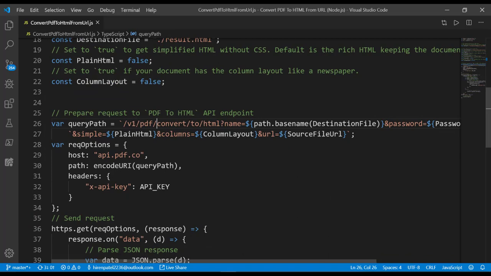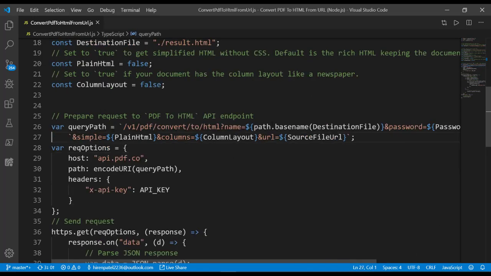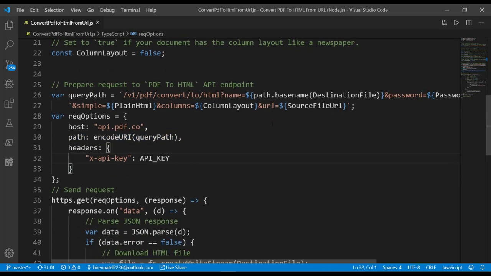So we are having the convert to HTML, and we are providing the different parameters like the name, password, pages, simple, columns, and URL. And we are generating the request option here. We are providing the host here. We are having the query string in the path parameter, and we are providing the header file.